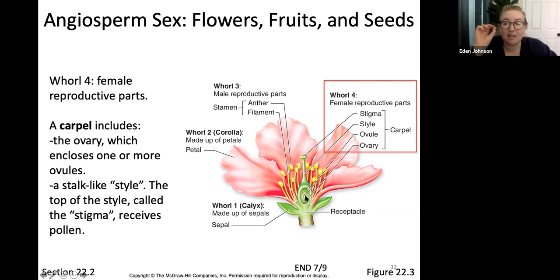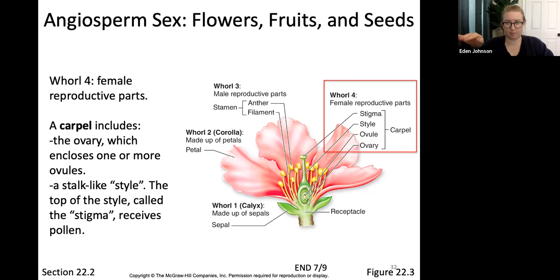It's like an egg, a little egg in the center, held by an ovary. So just like in the female reproductive system, you've got oocytes within 2 ovaries. So you've got an ovule within an ovary, and then this long tube is called the style, and then this stigma. The stigma is where, say that you have a bumblebee and it has been to different flowers and has